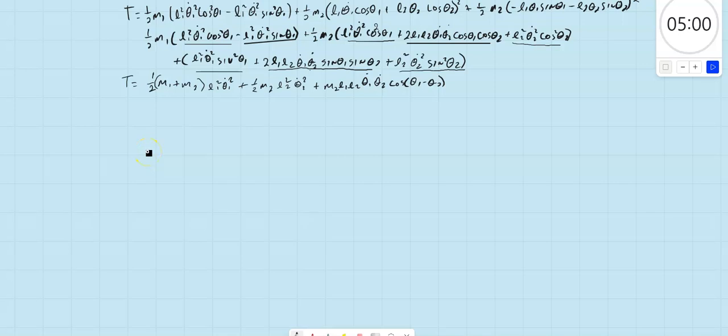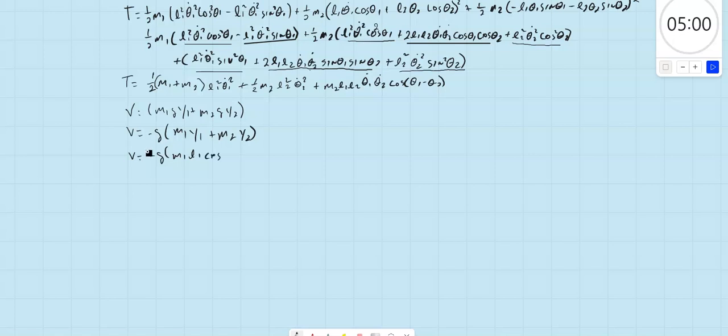I'm going to be getting my potential energy, which is equal to M1GY1 plus M2GY2. I can factor out my G, which is a negative G, and I have my M1Y1 plus my M2Y2. So my potential energy is equal to negative G times